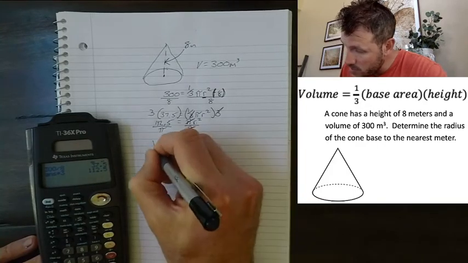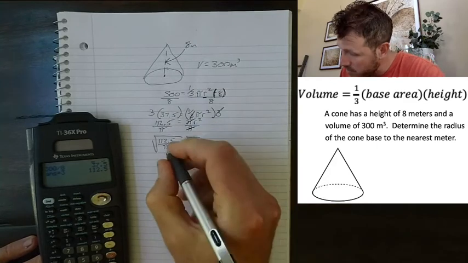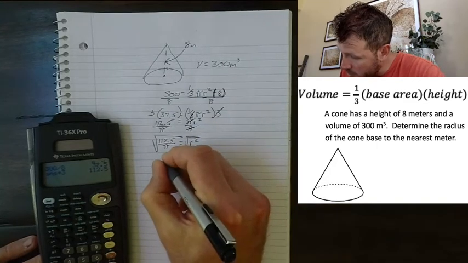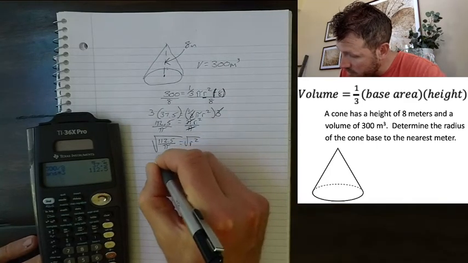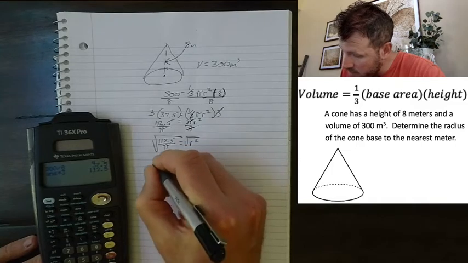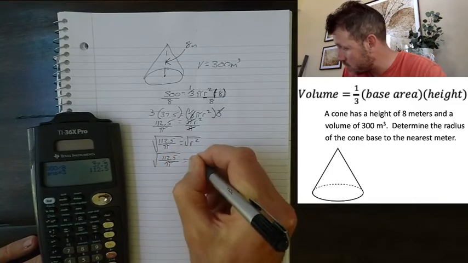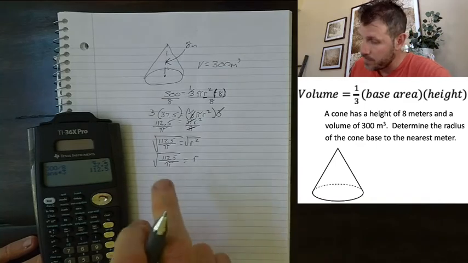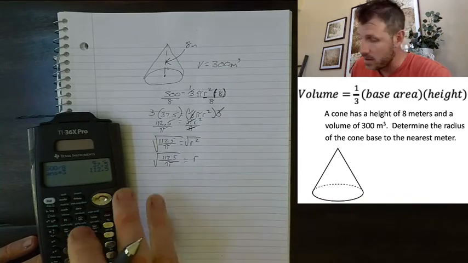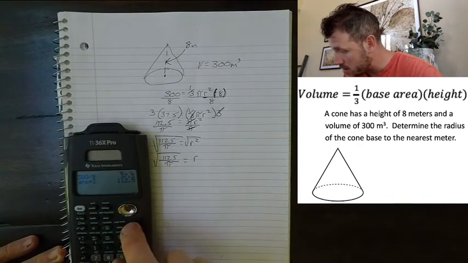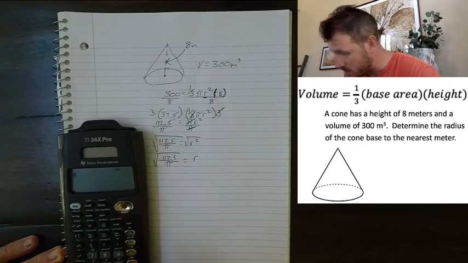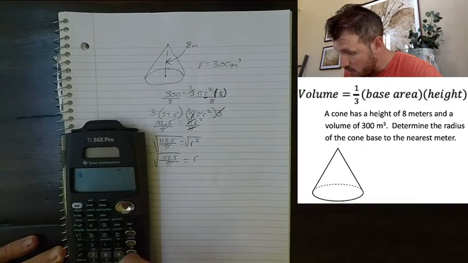So we take the square root of both sides. We end up with 112.5 divided by pi. But the square root of that whole thing is equal to our radius. And that, I can just punch into a calculator and get an answer. So let's take a look and say square root